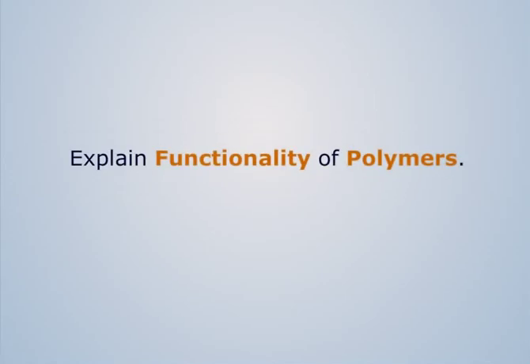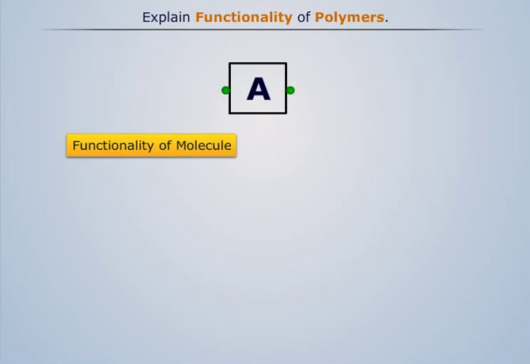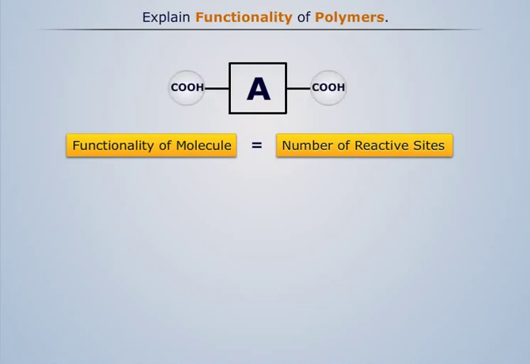Explain functionality of polymers. Generally, the functionality of a molecule equals the number of reactive sites in the molecule. The reactive sites in a molecule refer to those bonding sites where functional groups like hydroxyl group, carboxylic group, amine